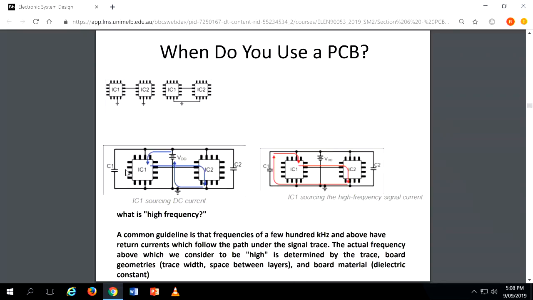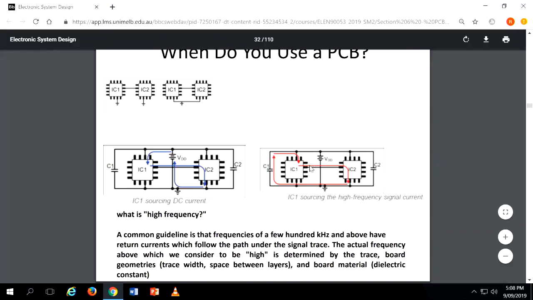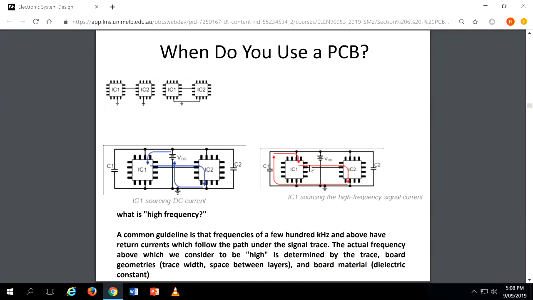Yeah, so there is another definition of high frequency. When people talk about high frequency, some people take into account another effect. So the common guideline is that frequencies of a few hundred kilohertz and above have return currents which follow the path under the signal trace. So the meaning is,